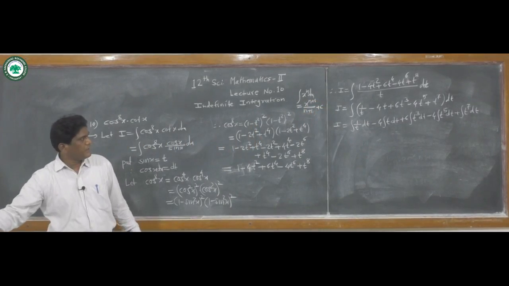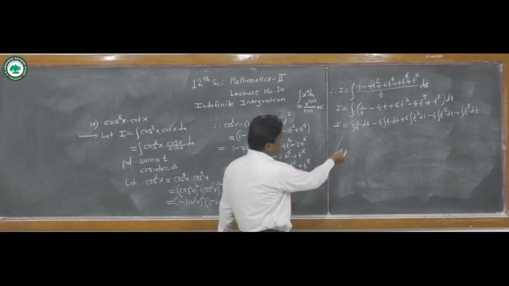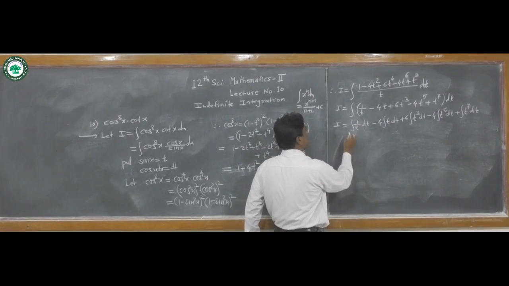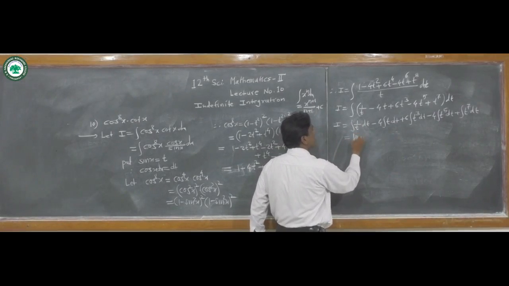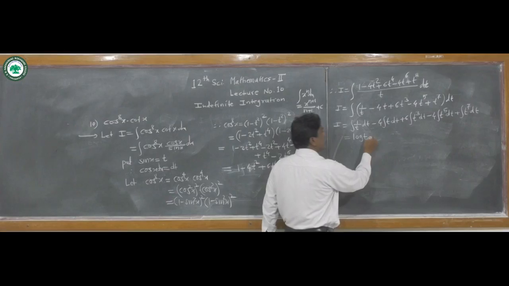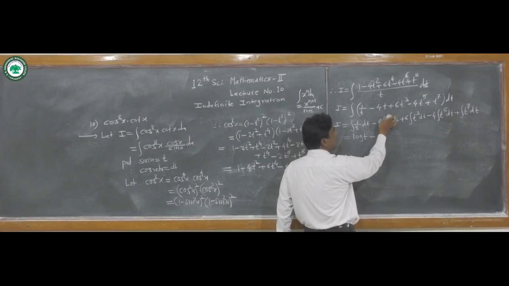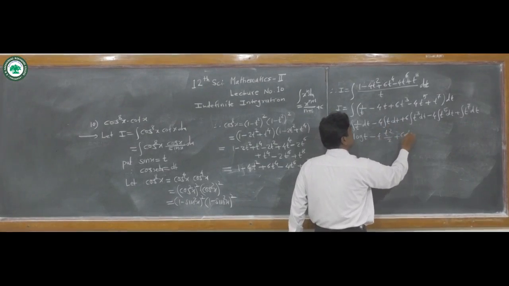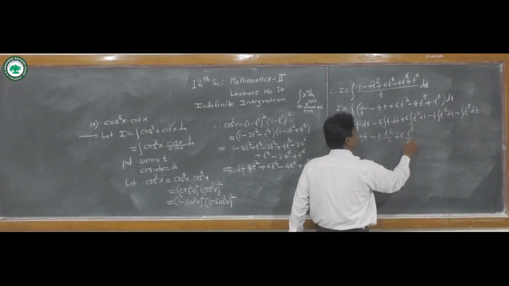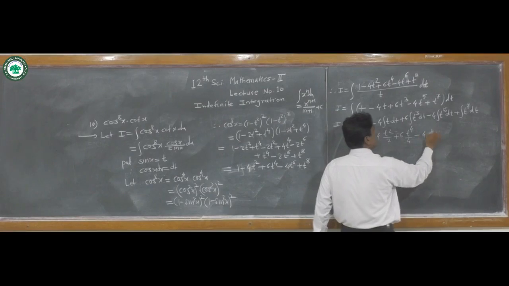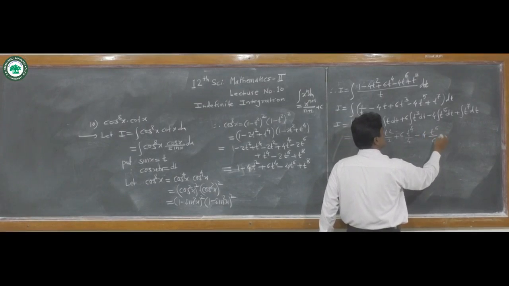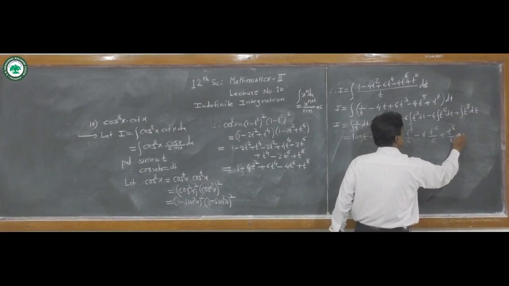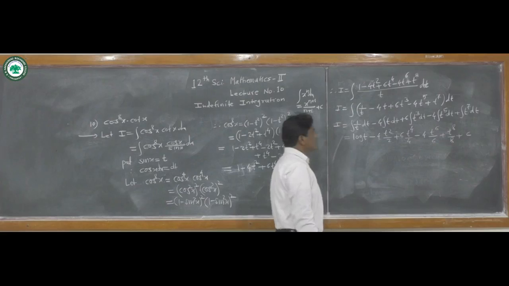And so here, the integration of 1 upon t is the derivative of log of t, and therefore the integration of 1 upon t is log of t, minus 4 here t to the power 1 plus 1, 2, so t square upon 2, plus 6 t to the power 3 plus 1, 4, upon 4, minus 4 t to the power 5 plus 1, 6, upon 6, plus t to the power 7 plus 1, 8, upon 8, and lastly write plus c, which is the constant of integration.